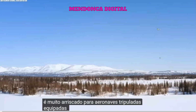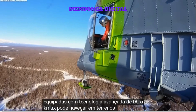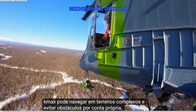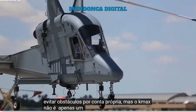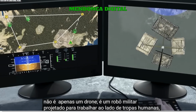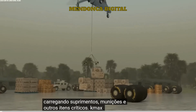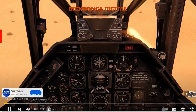Equipped with advanced AI technology, K-MAX can navigate complex terrain and avoid obstacles on its own. But K-MAX isn't just a drone, it's a military robot designed to work alongside human troops. By carrying supplies, ammunition, and other critical items, K-MAX